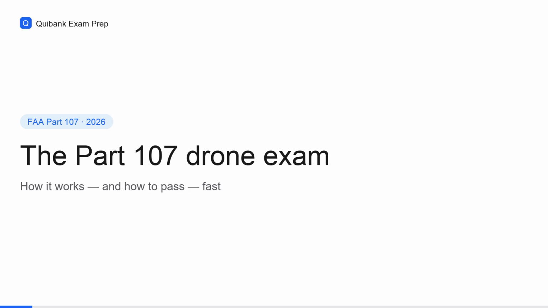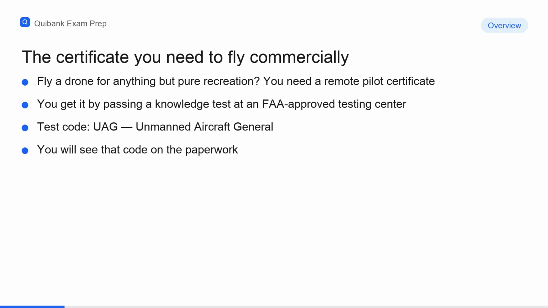Here is exactly how the FAA Part 107 drone exam works, and how to pass it in just a few minutes. If you fly a drone for anything other than pure recreation, you need a remote pilot certificate. That is Part 107, and the way you get it is by passing a knowledge test at an FAA-approved testing center. The test has a code, UAG, which stands for Unmanned Aircraft General, and you will see that code on